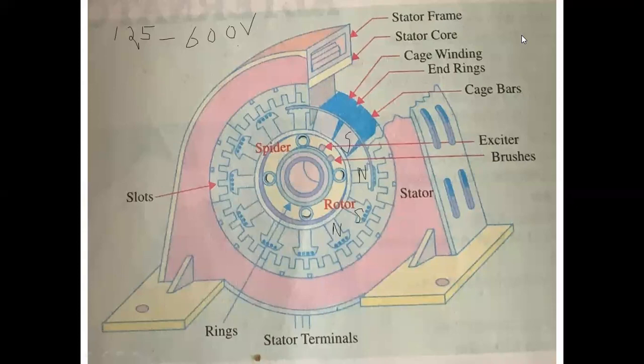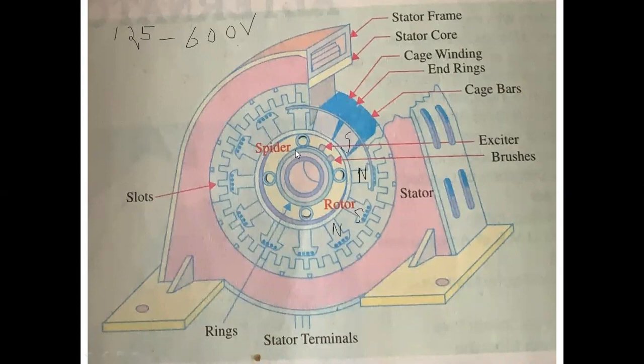Because the field magnets, the north and south poles, are rotating here, the current is supplied through two slip rings. The exciting voltage is also very small, so the slip rings and brush gear are of light construction. Recently, brushless excitation systems have also been developed. These use a three-phase exciter and a group of rectifiers to supply DC to the alternators. So brushes, slip rings and commutators, all three, are eliminated.